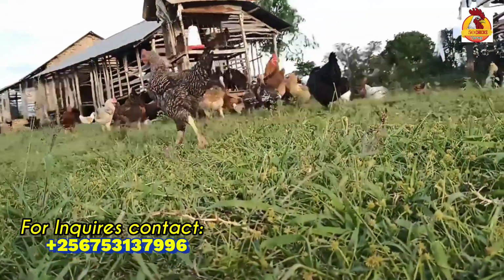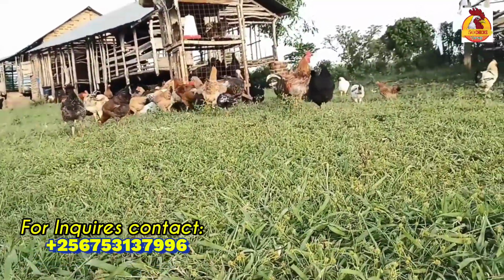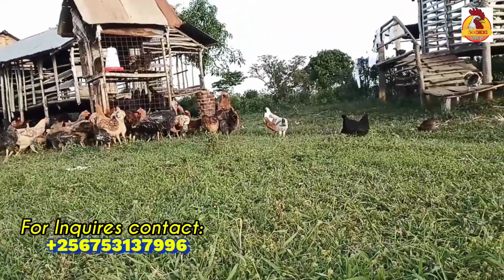Because the space required when we are doing these local chickens indoor differs from the space required when we're doing these very local chickens on a free range. So first of all, consider these two things. Are you going to do your chickens intensively, or on a free range? The advice I would give here is that you do your chickens semi-intensively. And another thing, start with a small number. Just start in a small number so that your chickens will be feeding indoor